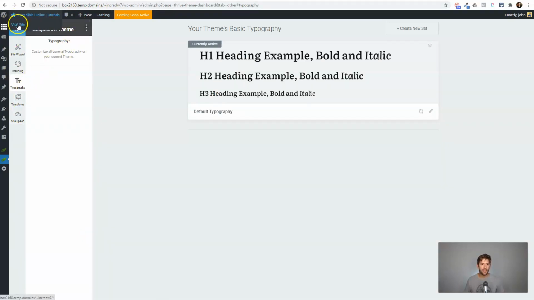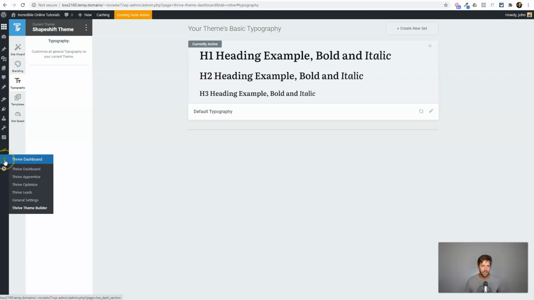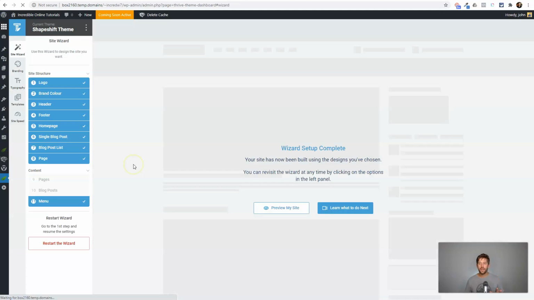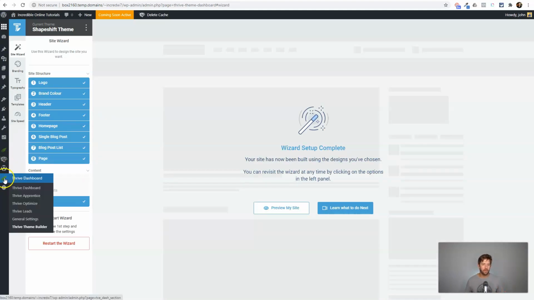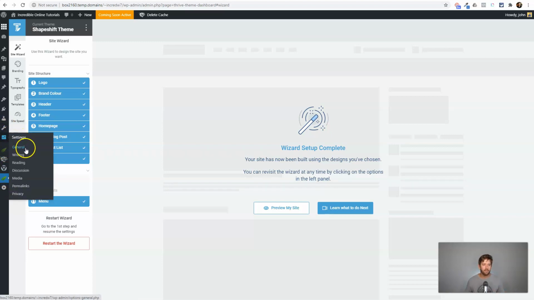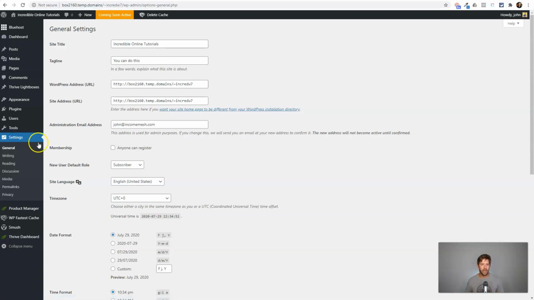So at this point, our theme is pretty well set up. What I want to do is get a couple of things out of the way here as we're looking into our options. I'm going to come over to the Thrive dashboard here. So one thing I want to do while we're here in the back end, before we get too far along in building out pages, I think it's been enough time for us to go ahead and make our website go to the actual URL, the actual domain name. So let's go ahead and come over to Settings in General, and you can click there. And you can see here that we have the WordPress address and the site address are currently going to that temporary domain. What I'm going to do is I'm going to put an S right here